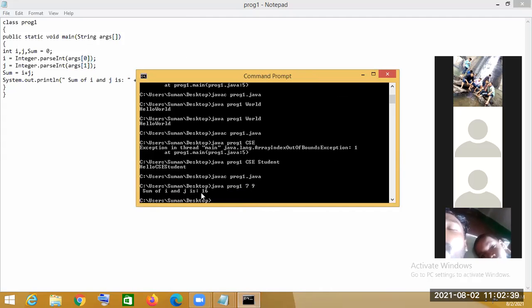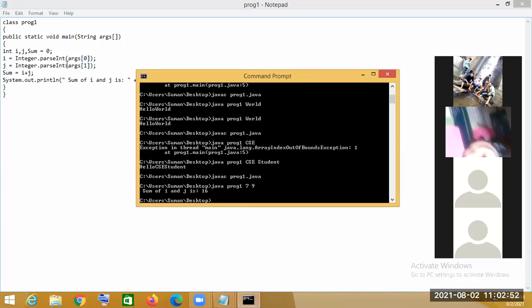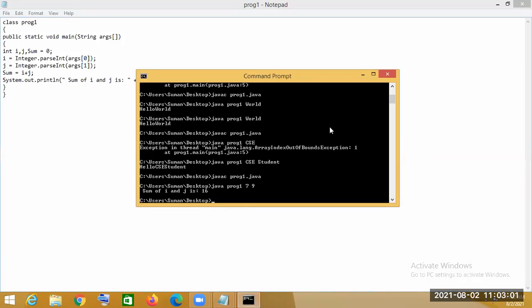You see, the sum of i and j is 16. It is shown. So this Integer.parseInt is a method in the wrapper class. We have seen the wrapper class, and we have converted from string to the integer value.